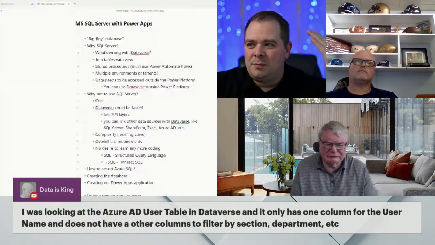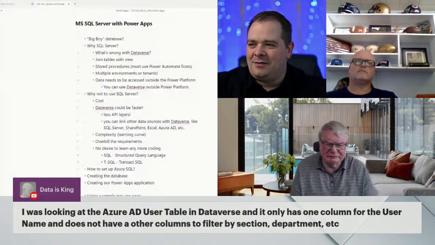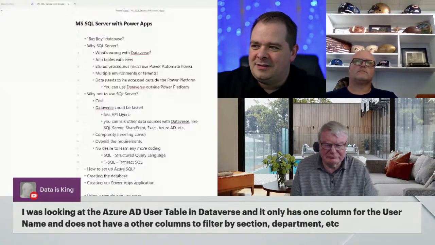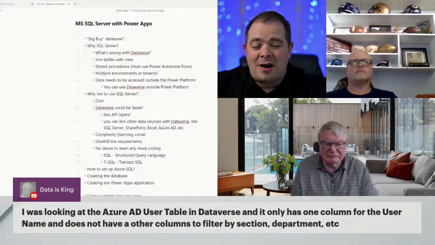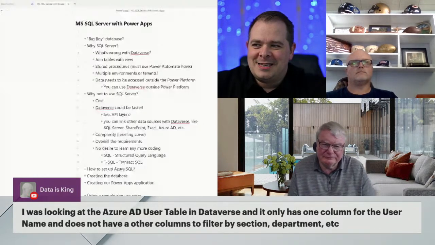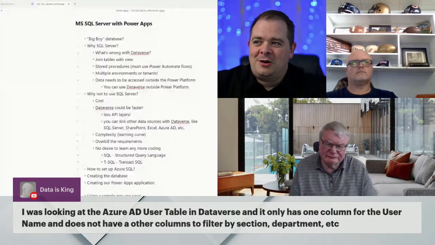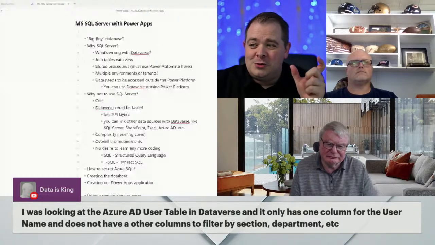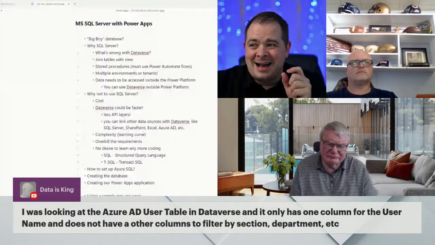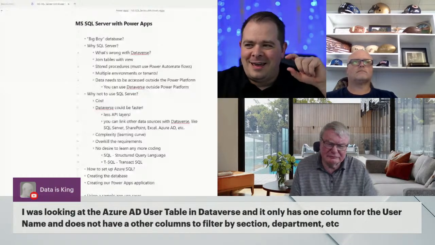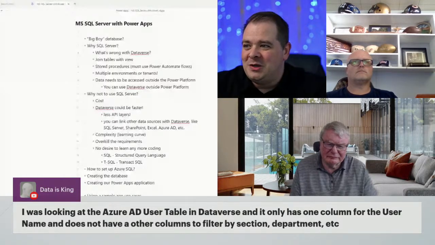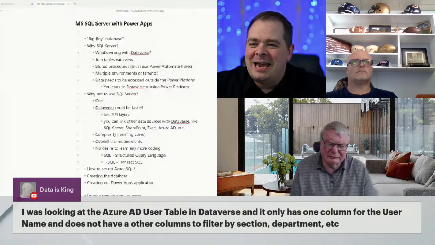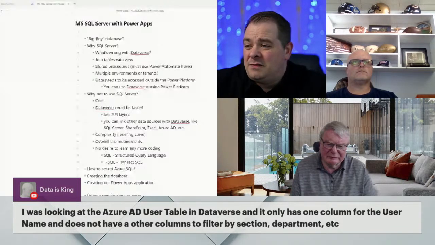So let's say I pull up the user Darren, and I've got all kinds of stuff in there that I like. But let's say I wanted to get at some of the AD properties. I've got a variable with the record for my user in my PowerApps application. I could say dot AAD user lookup column that goes over there. What happens when you do that is it goes and loads up all of the users in your organization. So if you have 10,000